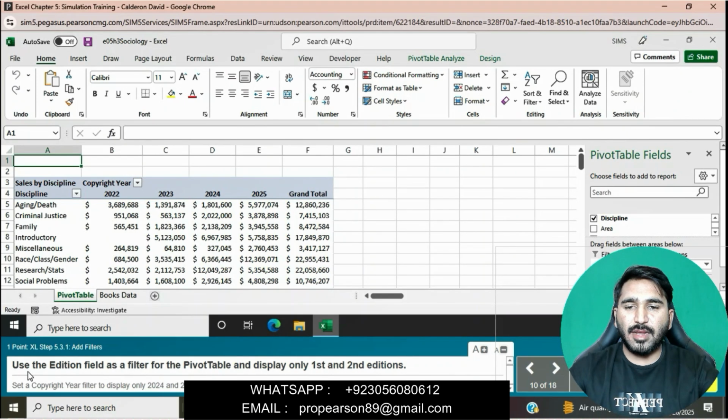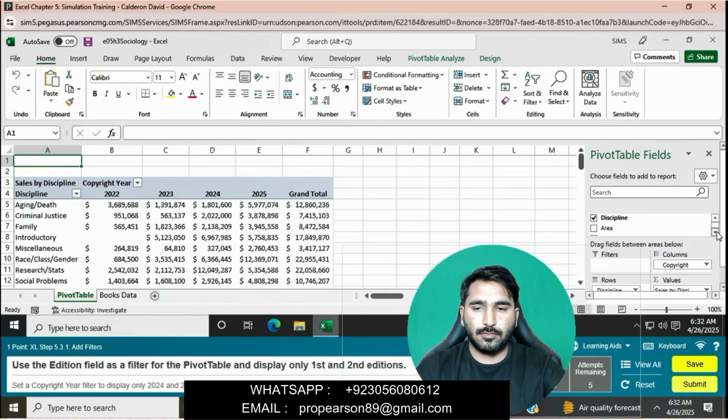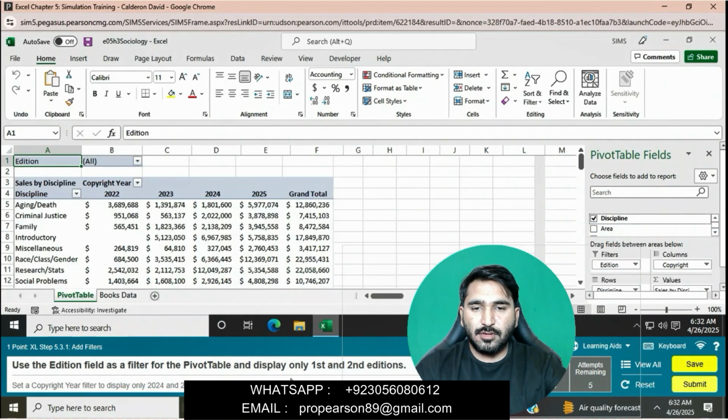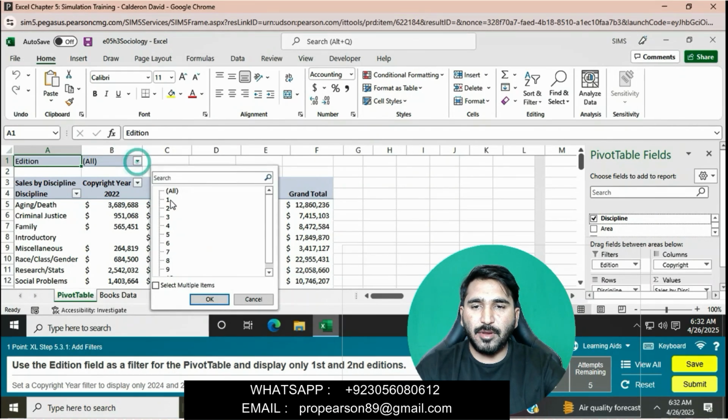Use the Edition field as a filter for the pivot table and display only first and second editions. Add Edition to the filter.